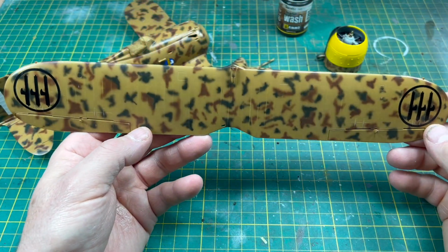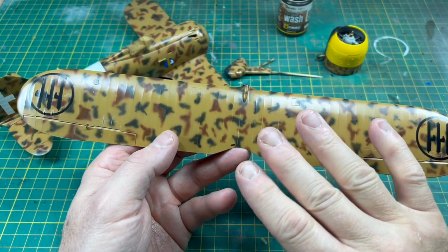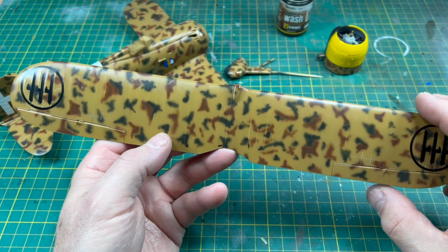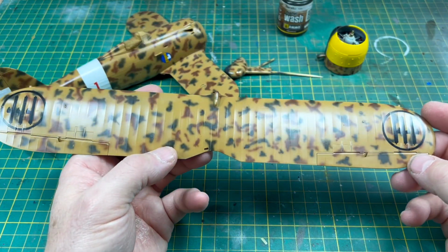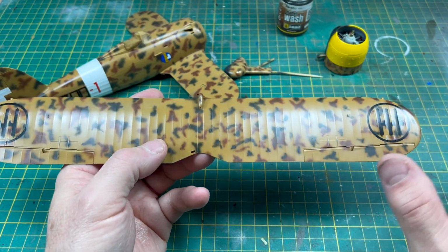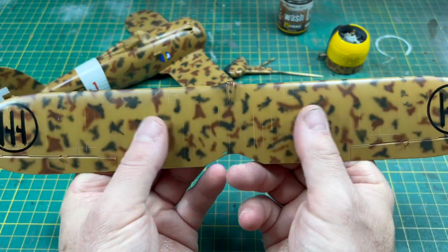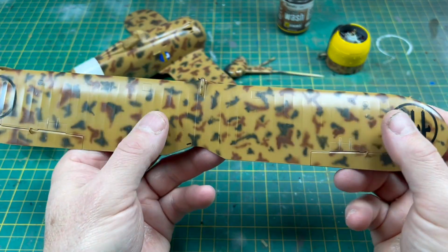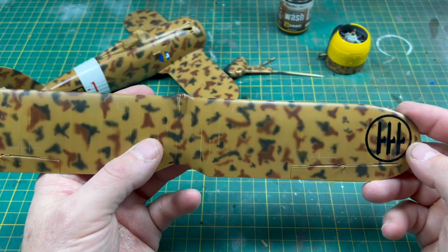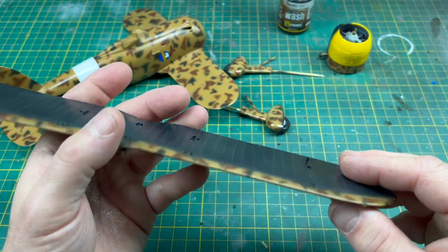So as you can see, we're decalled up. What we did, obviously, we stuck on a couple of coats of X22. Yeah, I know you don't have to be glossing, but I think I've said before, I just like the feel of a glossed model to play with. It feels a lot nicer than just the bare paint. Anyway,